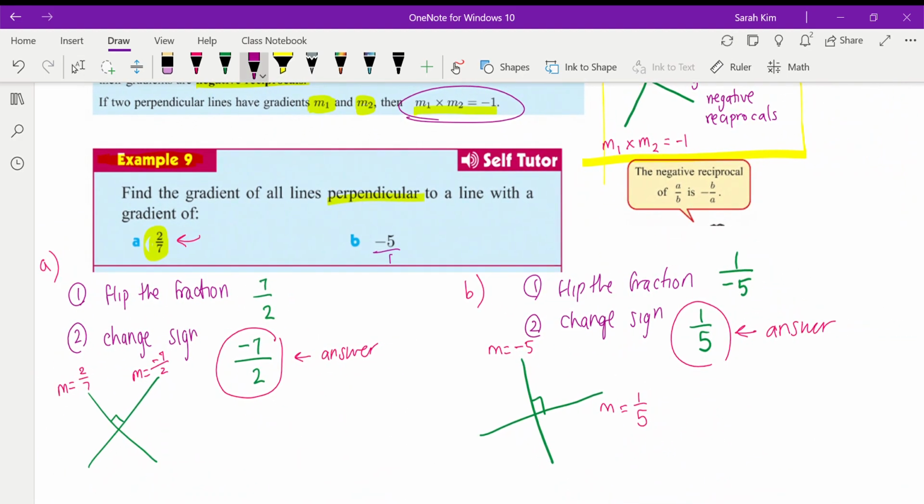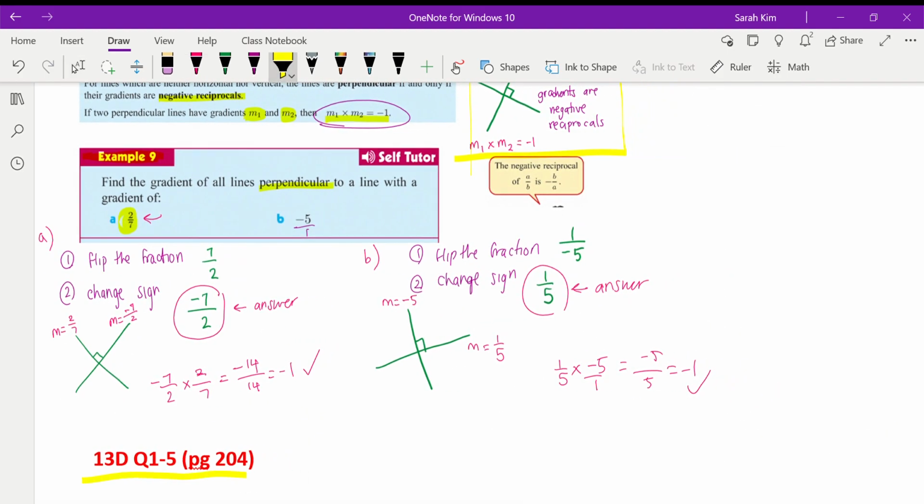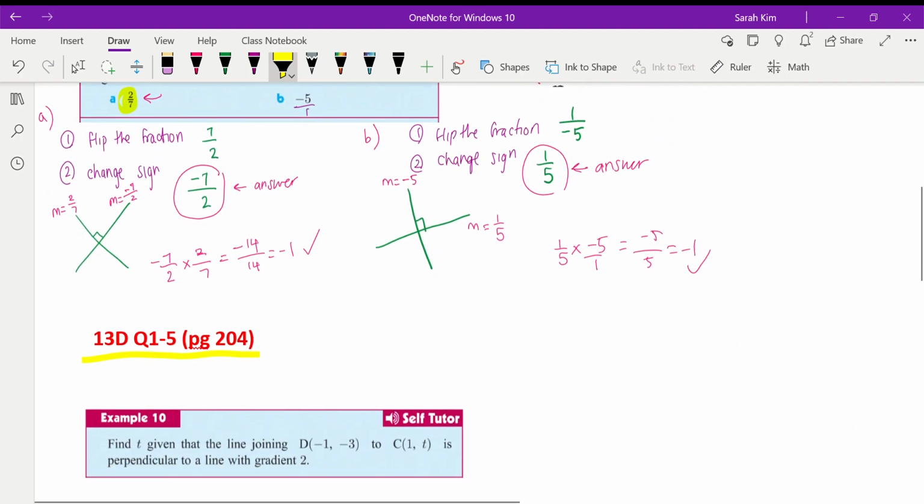So basically what that means is for example A, if I go gradient number 1 times gradient number 2, if I times them together, it becomes -1. Great. For this one, if I go gradient number 1 times gradient number 2, it becomes -5 over 5, so it becomes -1. See, both work. So now you should be able to do these questions, so go ahead and do those, and